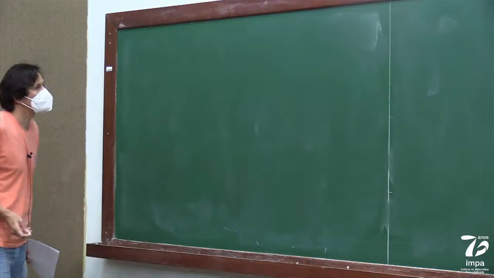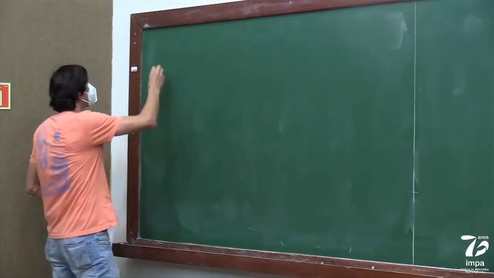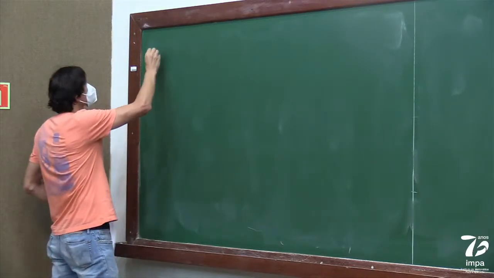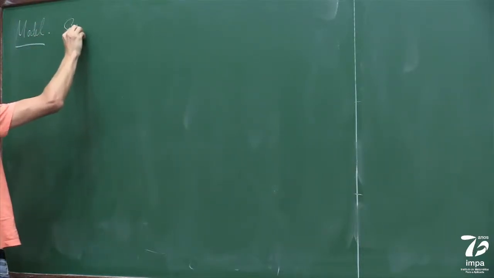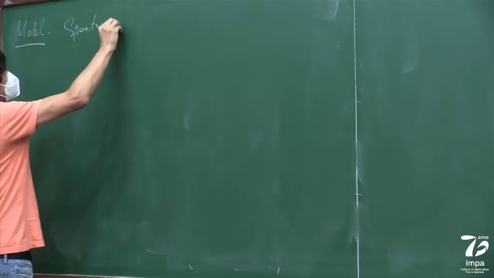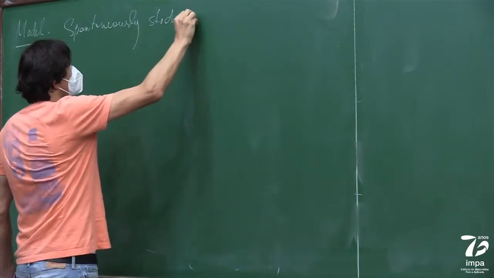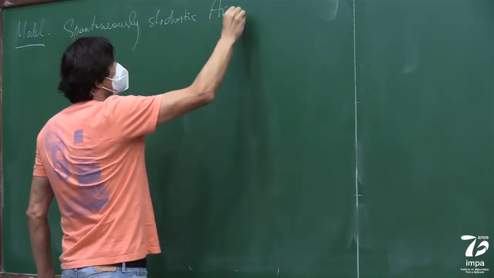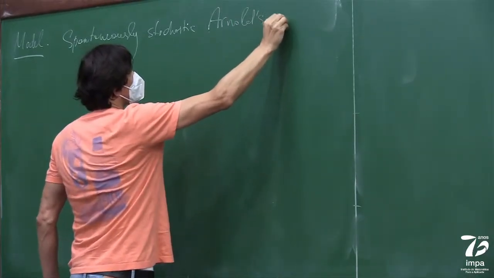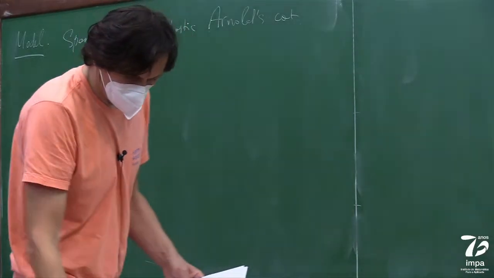So I'm going to finish what we started last time. We're studying the model, which we call spontaneously stochastic Arnold's cat. So the model